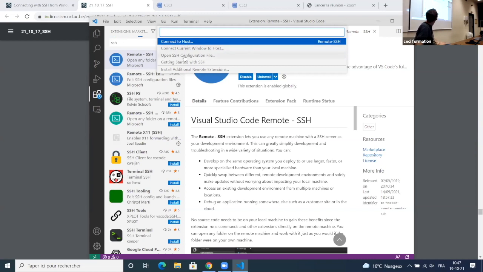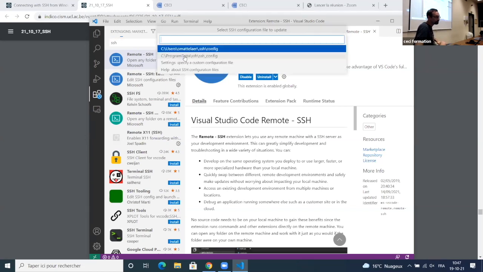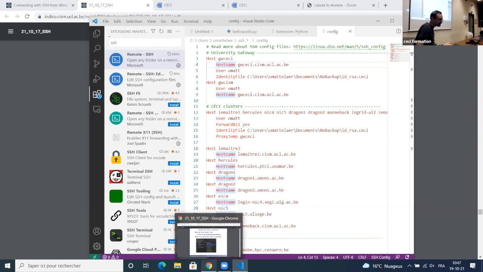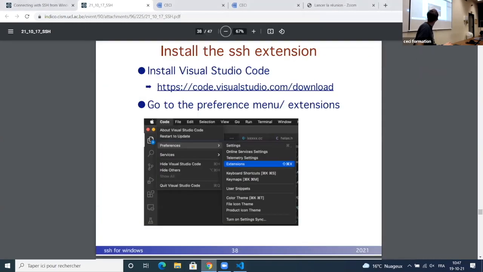So what we're going to do the first time is to click on this third line, which is open SSH configuration file. And then it proposes multiple paths. Typically, the first one is the correct one. At least on all machines I've ever done, it's the first one. In this case, I have already configured it. This is a configuration file, which is, as you can see, quite long, so it's not easy to create yourself. But thanks to, I guess, Damien, or at least all the CC developers,